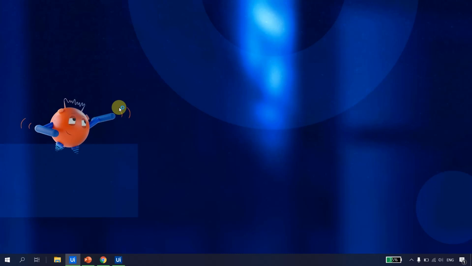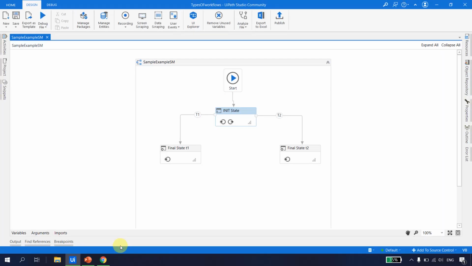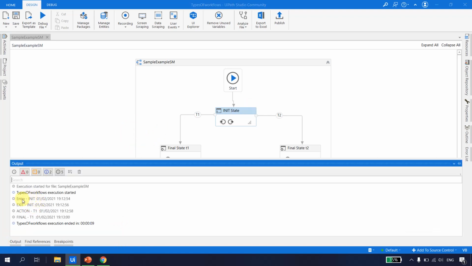Okay, let's wait for the bot to execute. So the bot is executing, you can see it in the bottom. Now with the help of the output console, we'll see which activity executed at what time. Okay, so let's go to the output. So it started. The entry for the init was executed, then the exit, and then the action of the